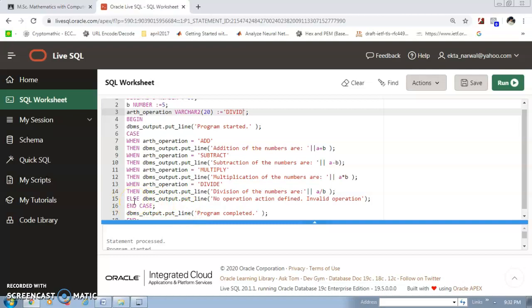So these were the two examples of case statement and search case statement. Using these you can create cases, and then you can perform your blocks according to that situation. So if you have multiple conditions and related to those conditions you have multiple blocks or multiple statements you want to execute for each case, then you can use this case and search case